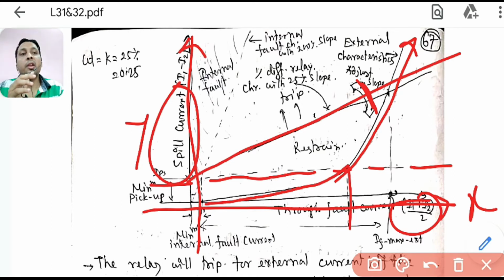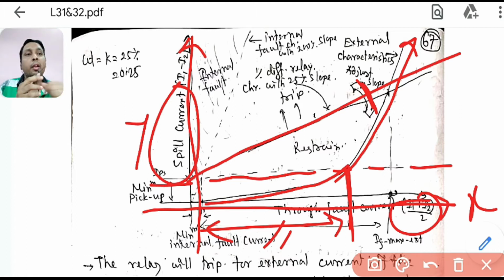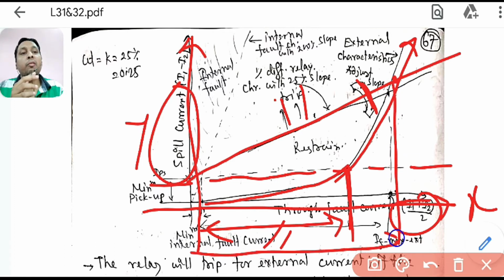So in the simple differential relay, this was the maximum external fault beyond which it was maloperating. But here you can see this side is your trip zone and this is restraining, where it is crossing this side. So your maximum external fault current has been increased. As it is increased, your stability ratio is increased. So now for a larger external fault current, it will not trip. That was larger than in the case of a simple differential relay. So my limit of external fault current for which it will not trip has been extended, which was the benefit for us.